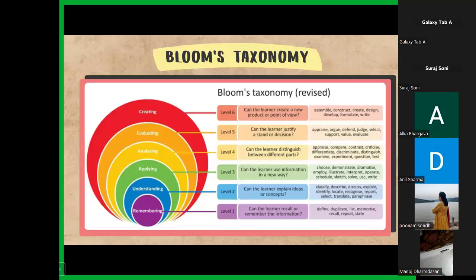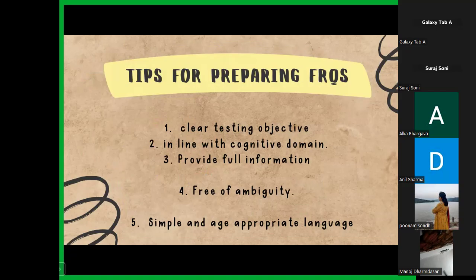Now, when we are talking of language and other things, important thing here is, last thing, as I talked about before MCQs and FRQs, the first thing was competency based questions. So we just have to understand what are competency based questions. Competency based questions are basically the questions which are trying to test the skills of the child, the learning skills. Has the child understood? These kind of questions help us in identifying whether there are any misconceptions.